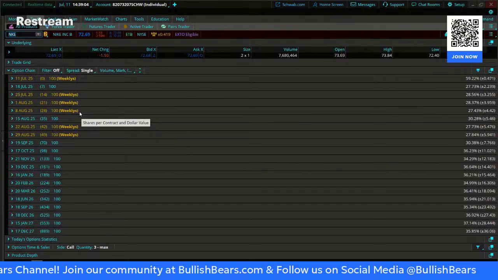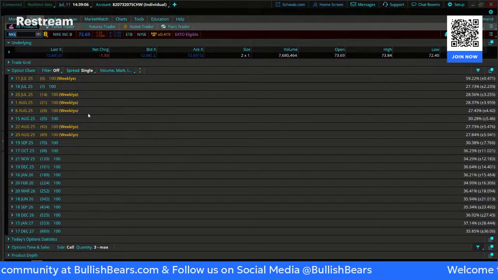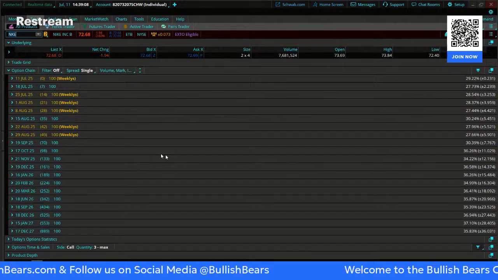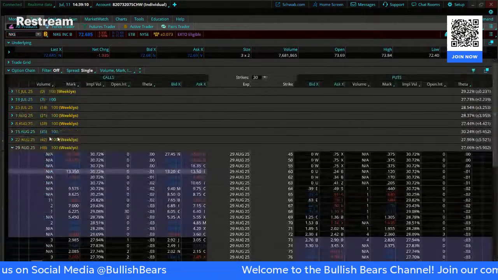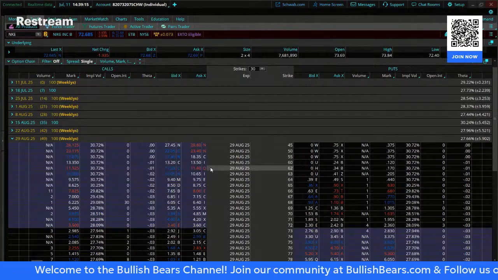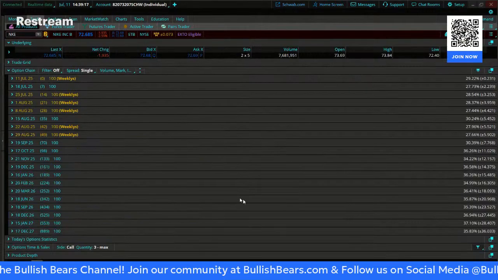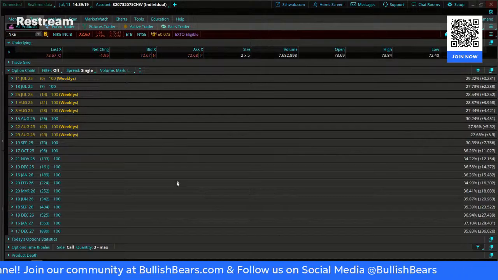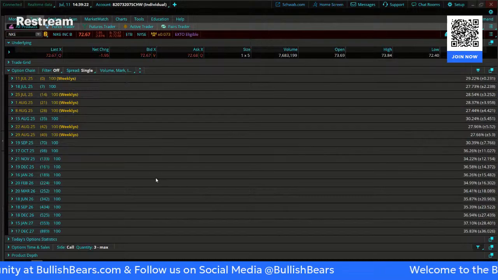Somebody else need it turned on? So once you get them turned on, just because it has weeklies does not necessarily mean that it's got good options, but it's a start. Because if it doesn't have good options or if it doesn't have weeklies, you already know the options are no good. You can just stop right there.